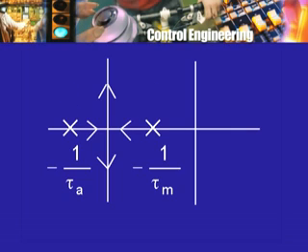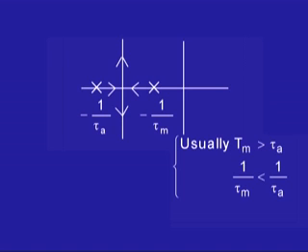When k equal to 0, what do I have? I have two poles. One of them is minus 1 by tau a, the other is minus 1 by tau m. Now, depending on which one of them is greater than the other, their relative positions will be determined. Let us say we have a situation where minus 1 by tau a is here, minus 1 by tau m is here. So, the armature time constant pole is to the left of the motor time constant pole. Which of the time constants is greater of the two? The motor time constant is greater than the armature time constant. Tau m is greater than tau a, therefore 1 by tau m is less than 1 by tau a, and therefore the poles are as shown.